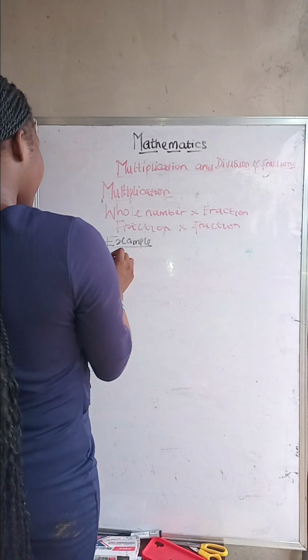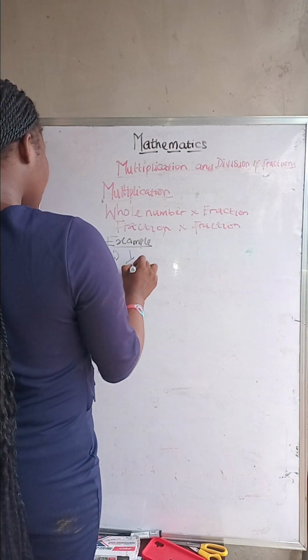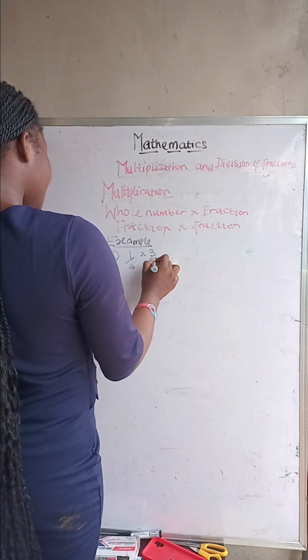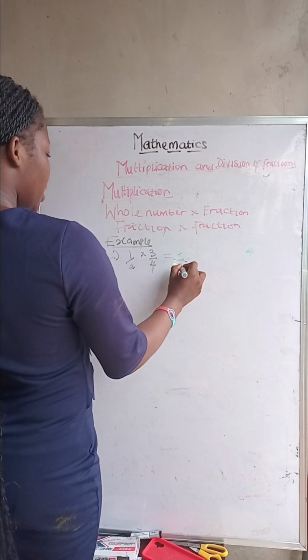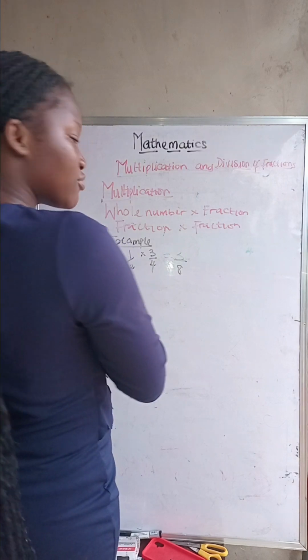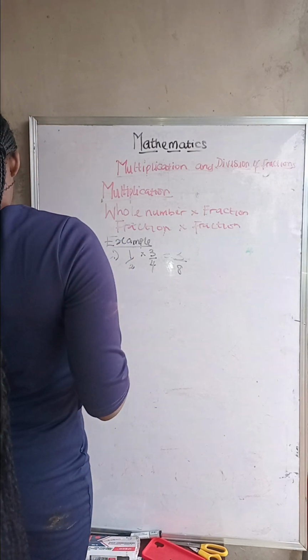we have an example, we have 1 over 2 times 3 over 4. That's what? 1 times 3 is what? 3. 2 times 4 is what? 8. It's not like addition that you have to find LCM. This one is just straight away. So we have